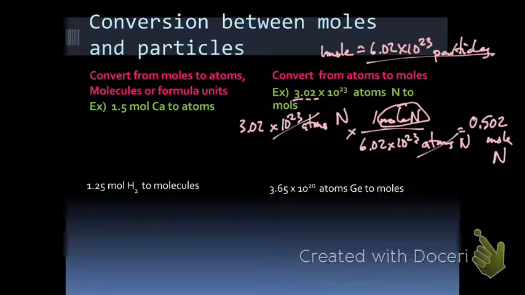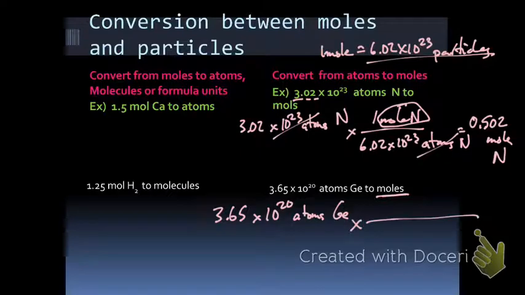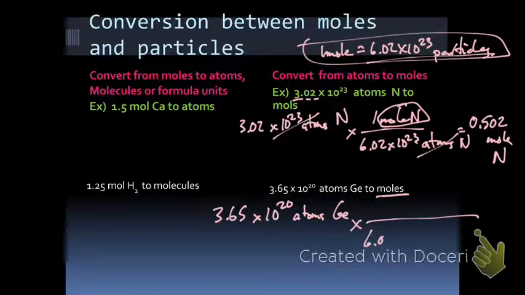The next one, I start with 3.65 times 10 to the 20th atoms of germanium. And I want to go to moles, so I'm going to multiply by this conversion factor up here, right? I know there's 6.02 times 10 to the 23rd atoms of germanium in 1 mole of germanium. All right, so I'll take 3.65 times 10 to the 20th and divide that by 6.02 times 10 to the 23rd. This equals